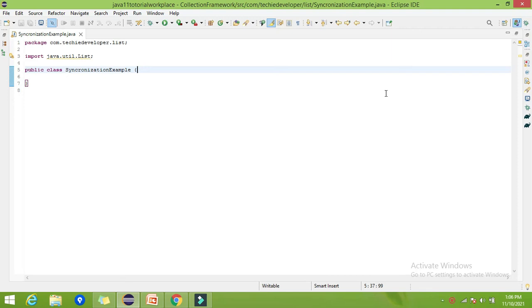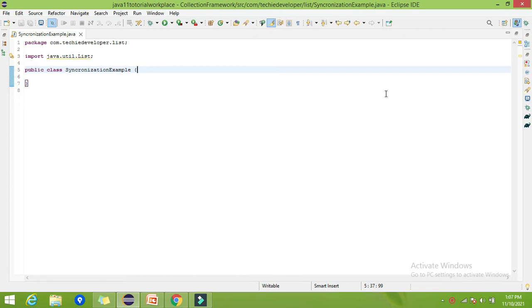Up to this we have covered almost every method in the ArrayList. Now if you are aware, almost every method in an ArrayList is non-synchronized. What is meant by non-synchronized? It means multiple threads can work on the same list object. If one thread is adding data, another thread can read this data in the particular list. So that is what is meant by multiple threads working on a single list.